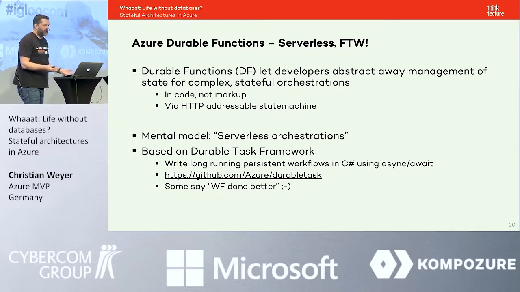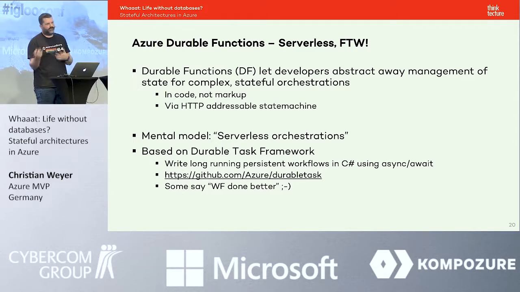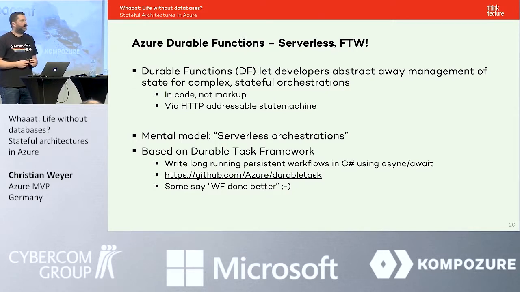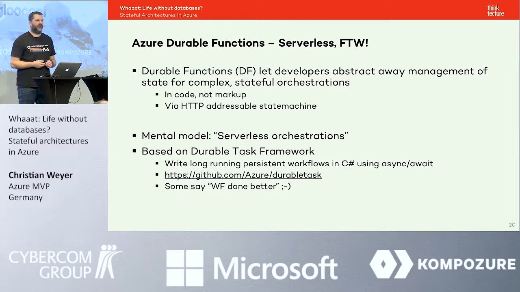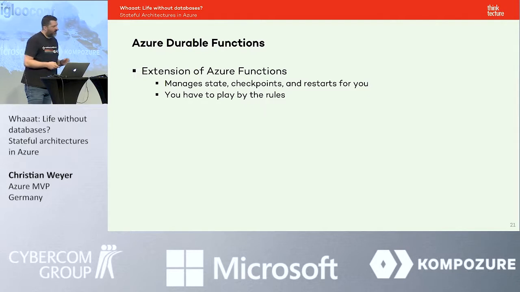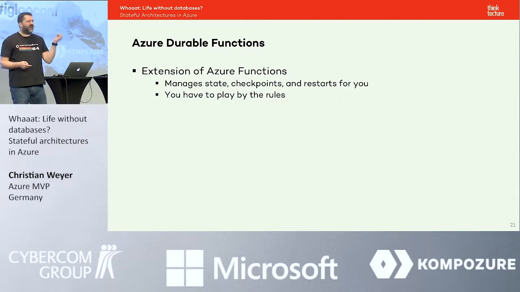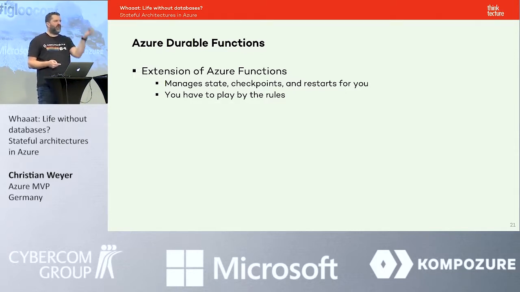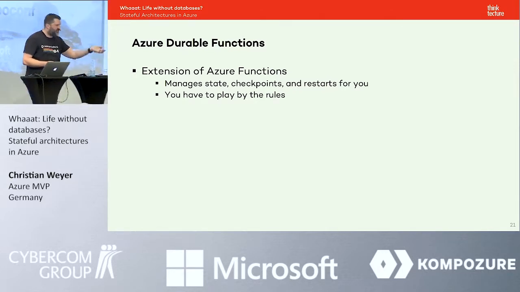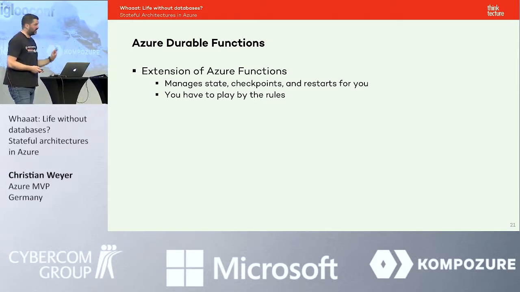It's a really nice programming model with async and await. If you look at it tonight, after the first beer, or maybe before the first beer, go to the GitHub page, clone it, have a look at the samples. It's a really, really nice runtime for durable tasks. So Durable Functions look really, really interesting because you can realize very, very cool and complex things by just writing code. You don't need any XML, you don't need any JSON, schemas, yada, yada. You just write your .NET code. But you have to play by the rules because there are rules.